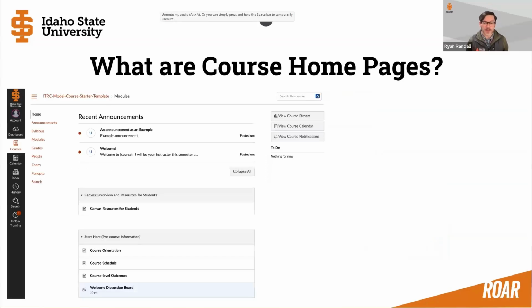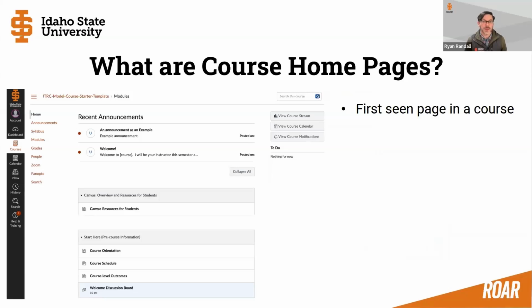So what do we mean when we talk about course homepages? What a course homepage is, you're seeing an example of one right now on your screen. It's the first page that loads up in your course. So somewhat intuitive, but it's worth sharing the definition just to make it really extra clear. And there are 5 options for what they can be. The default will be modules. So it will look as familiar as possible to anyone who is familiar with Moodle, but there are 4 other